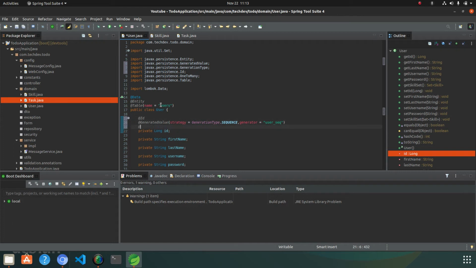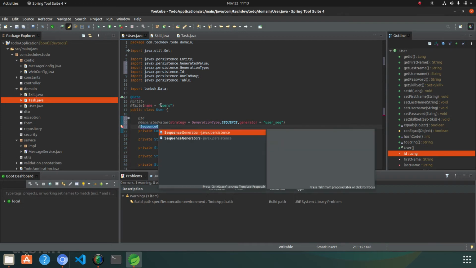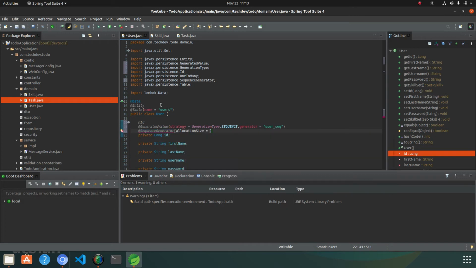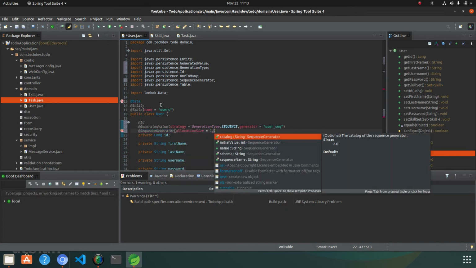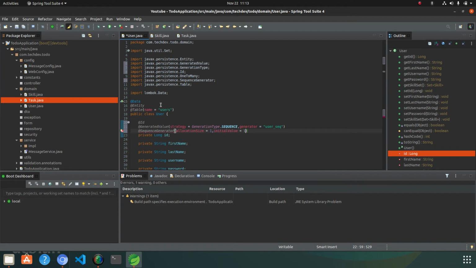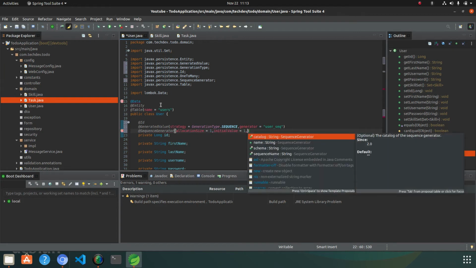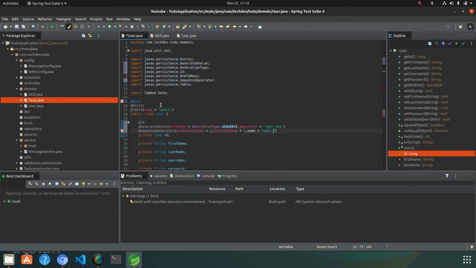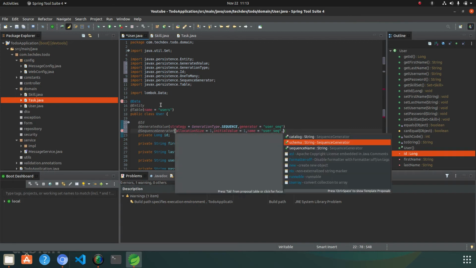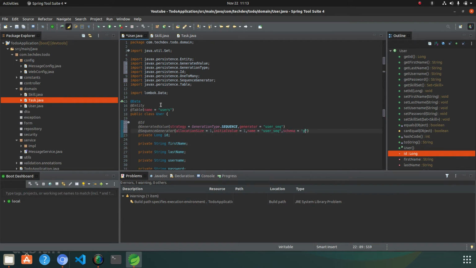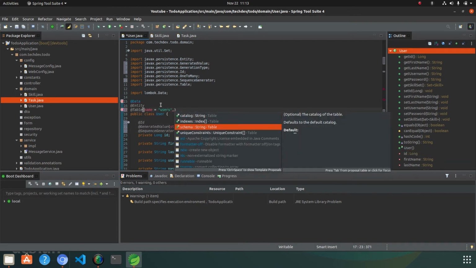After that, for generating the sequence we use the sequence generator, in which allocation size will be 1 and the init value will be 1, and the name of the sequence will be user underscore sequence, and the schema will be public by default, and that schema also needs to be added in the @table.